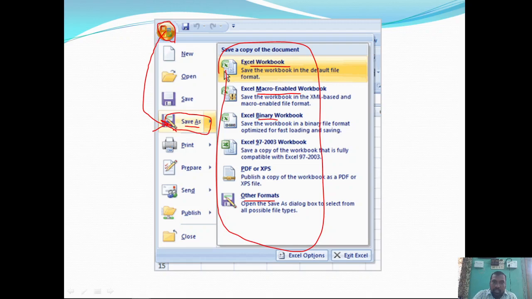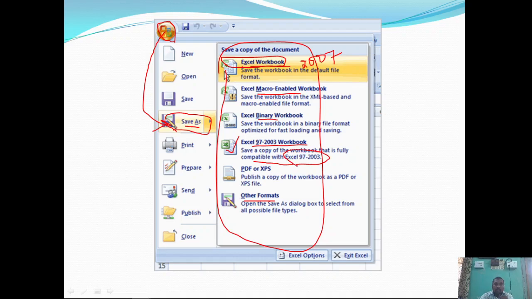Okay, so this option will be chosen for the 2007 version of document, and this one is 97 2003 workbook. It saves a copy of the workbook that is fully compatible with Excel 97 2003.